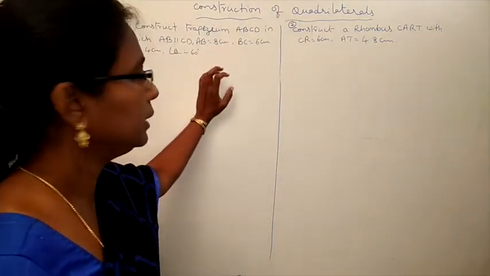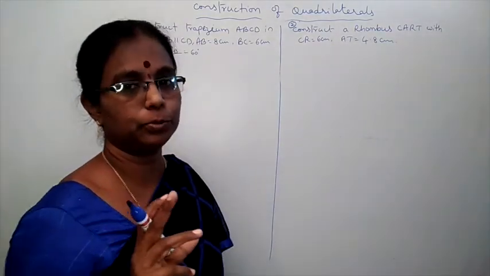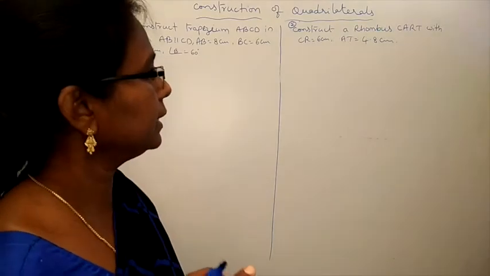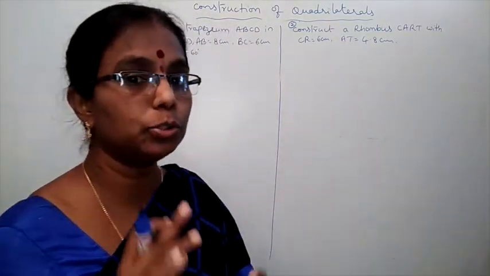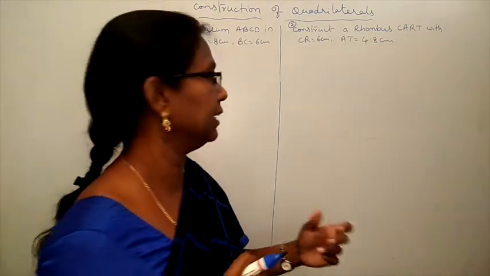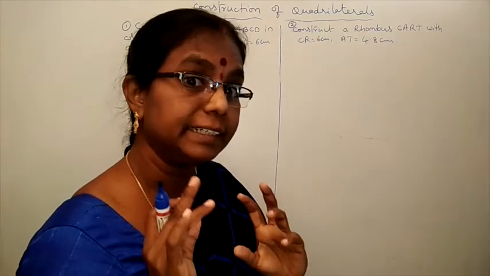Now trapezium, what is the property of trapezium? One pair of opposite sides are parallel. Here rhombus given diagonals. Before that we learnt how to draw with sides and one given angle. Now today we are going to learn how to draw if they are given diagonals.